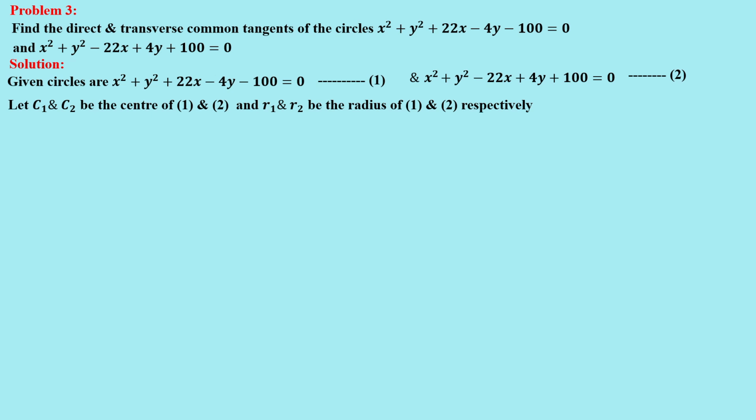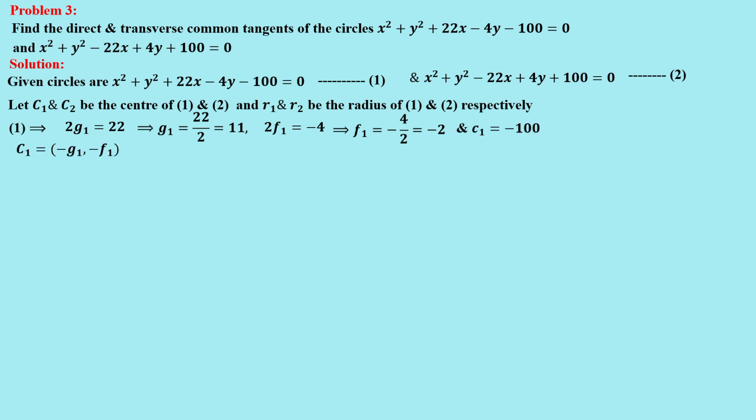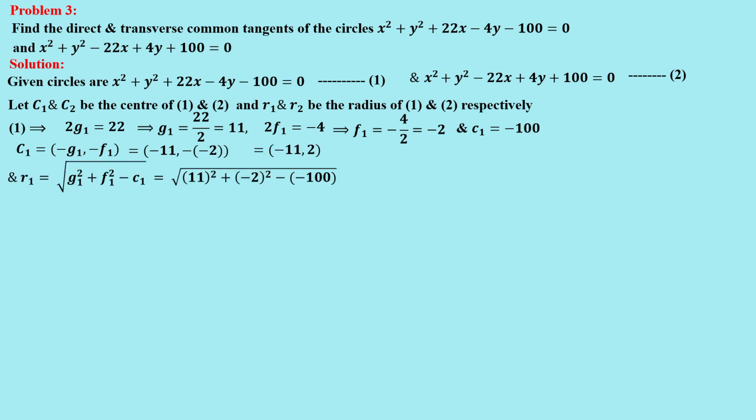Let C1, C2 be the centers of the first and second circles, and similarly R1 and R2 are the radii of the 1 and 2 respectively. So for 1, the coefficient of x, 2g1, is equal to 22, g1 equal to 11. 2f1, the coefficient of y, is minus 4, f1 equal to minus 2, and c1 is the constant term, that is minus 100. So C1, the center of the first circle, is minus g1, minus f1, that is equal to minus 11, minus of minus 2, that is 2,